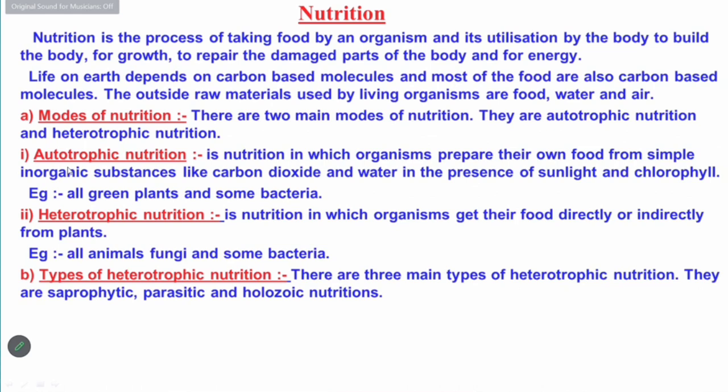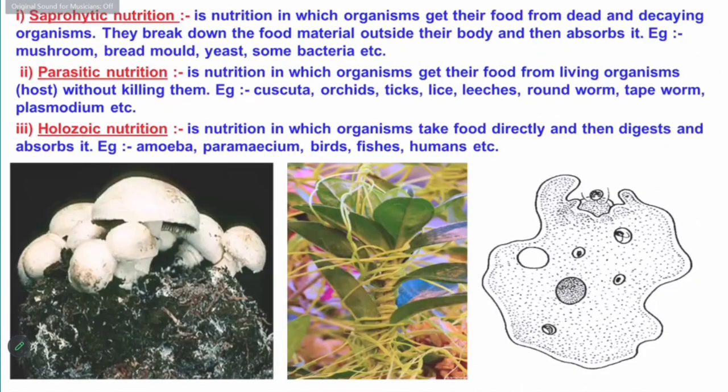So heterotrophic mode of nutrition again may be the saprophytic type, parasitic type, and holozoic nutrition. So let us discuss about saprophytic nutrition, parasitic nutrition, and holozoic nutrition one by one. So start from the saprophytic nutrition. As we have already discussed that there are some group of the organisms which get their food from dead and decaying organisms. सड़ी गली चीजों पर हम और आप लोगों ने सिमरन जी देखा होगा,